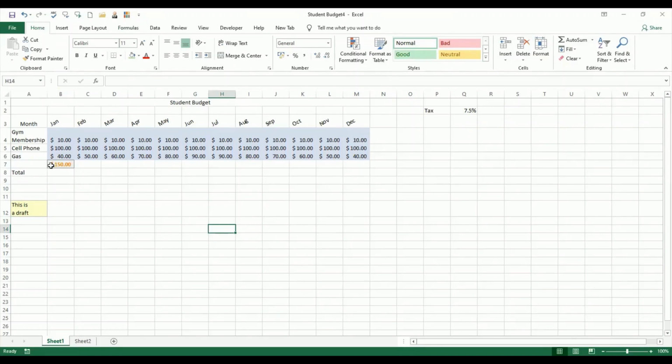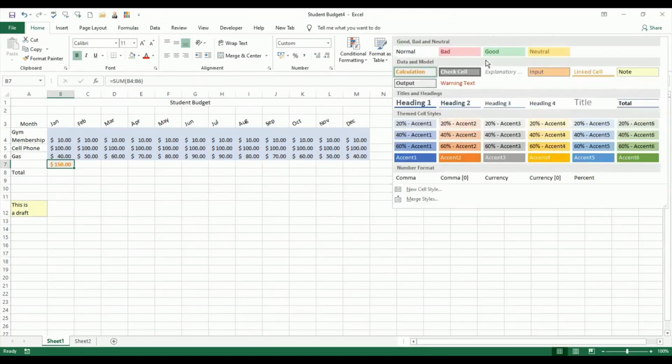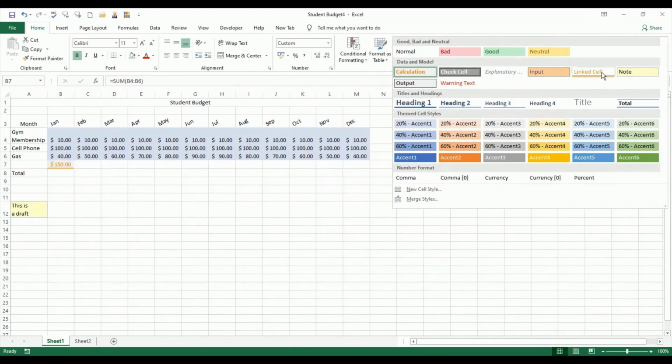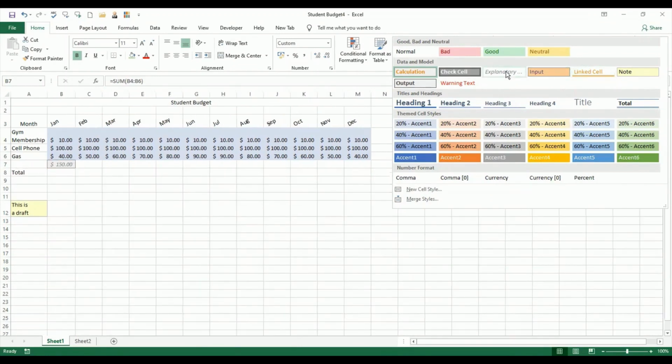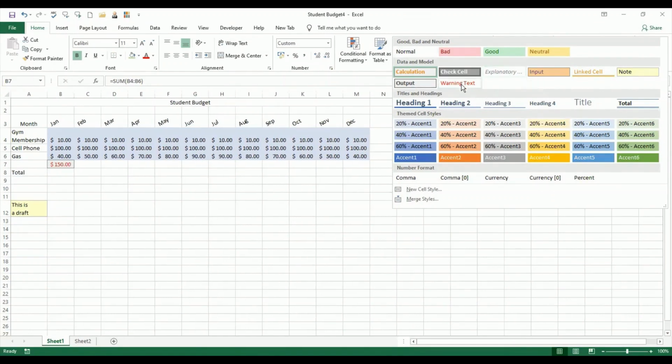That is why we have been given these styles, which are universally considered to be applied. People know ये कलर का मतलब ये इनपुट सेल है, ये मतलब लिंक सेल है, इधर कोई लिंक ऐड किया है उसने, इधर एक एक्सप्लेनेशन दिया हुआ है तो ये एक्सप्लेनेटरी है, वार्निंग टेक्स्ट है तो ये कलर में है,